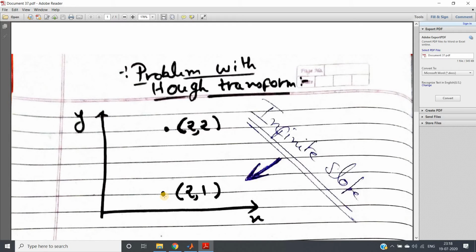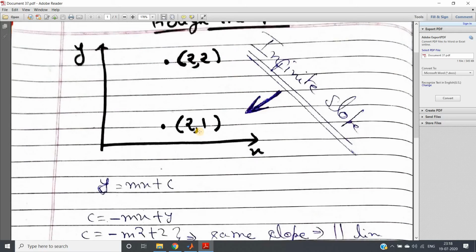Now let us try to find the straight line using Hough transformation. We take the slope intercept form of our straight line, y equal to mx plus c, and if we rearrange we get c equal to minus of mx plus y, where we know the x and y value of these two coordinates. We put those in and we get two straight lines in our MC plane, or slope intercept plane. The intersection point of those two lines will be the solution, the slope and intercept value of the straight line connecting these 2 points. As simple as that.